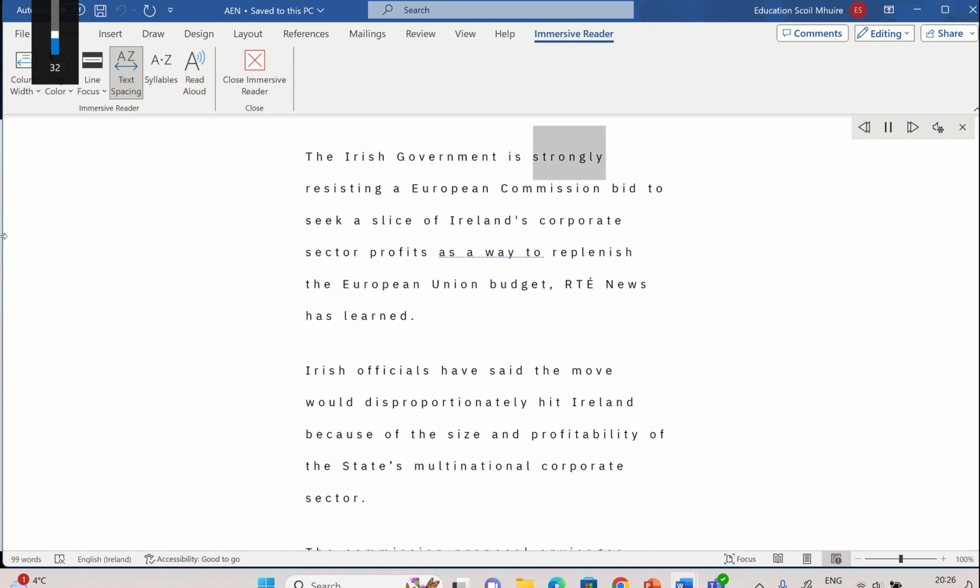The Irish government is strongly resisting a European Commission bid to seek a slice of Ireland's corporate